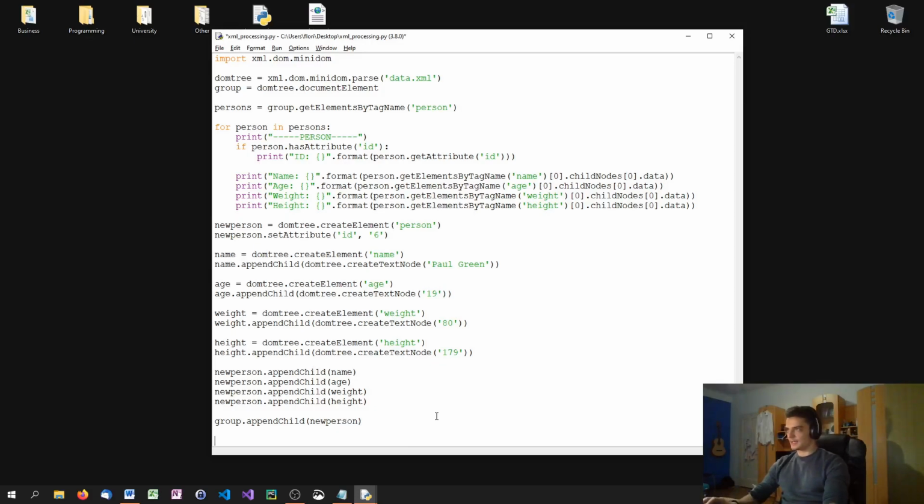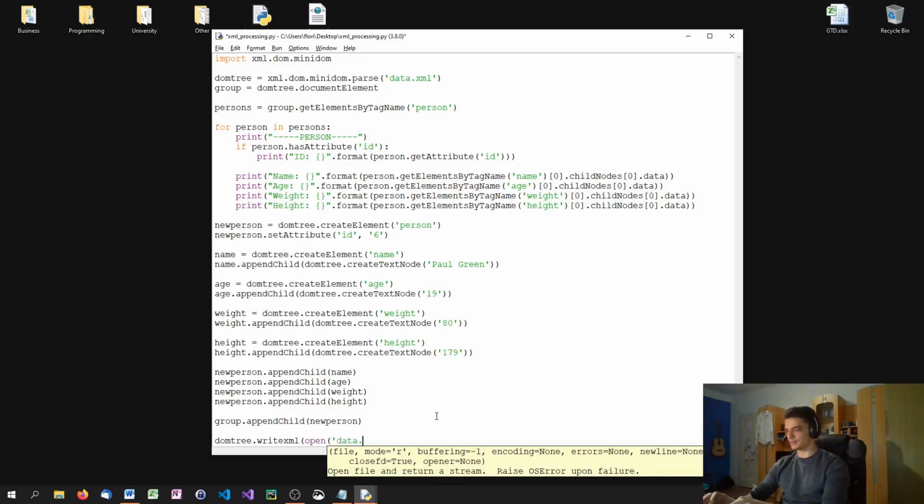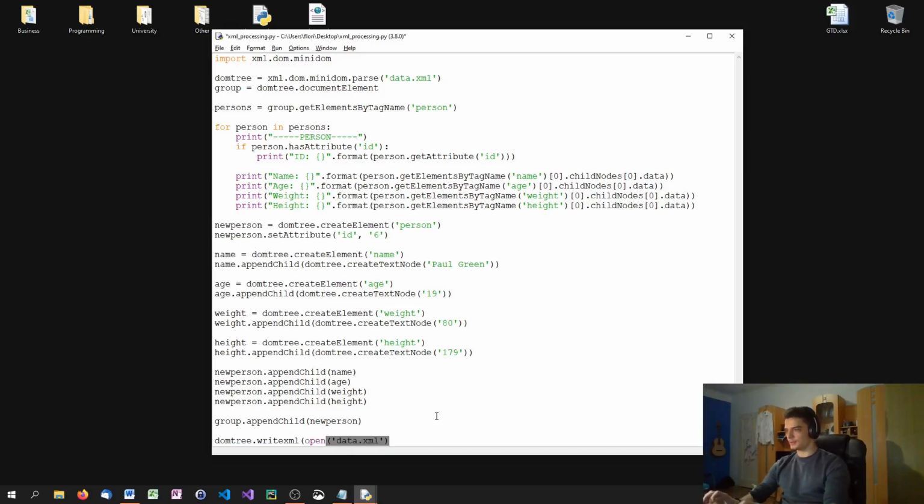And finally, I have to say DOM tree dot write XML. Open a new file stream again, data.xml. And in writing mode, of course. And that's it. So when I run this,